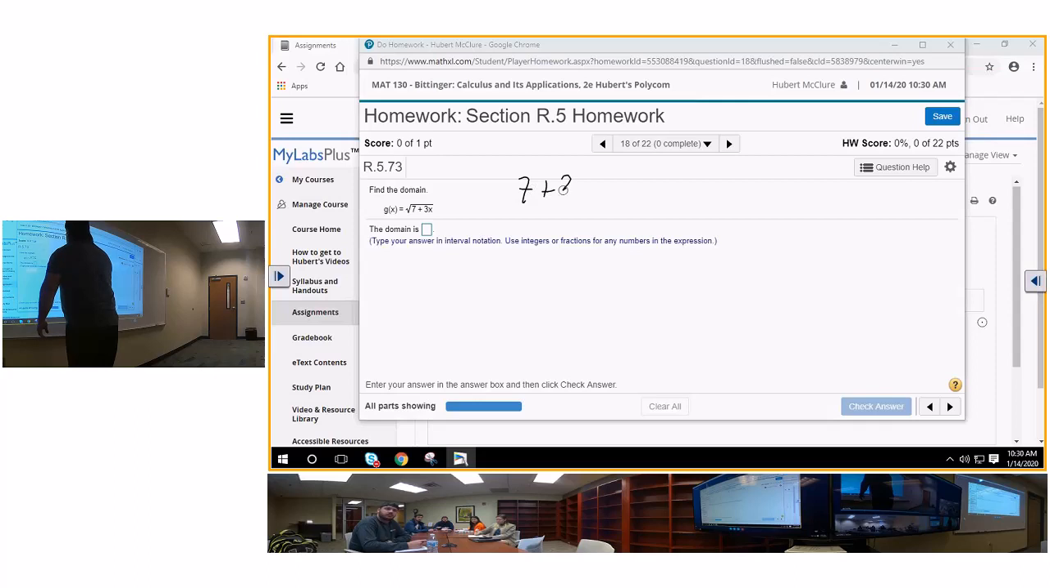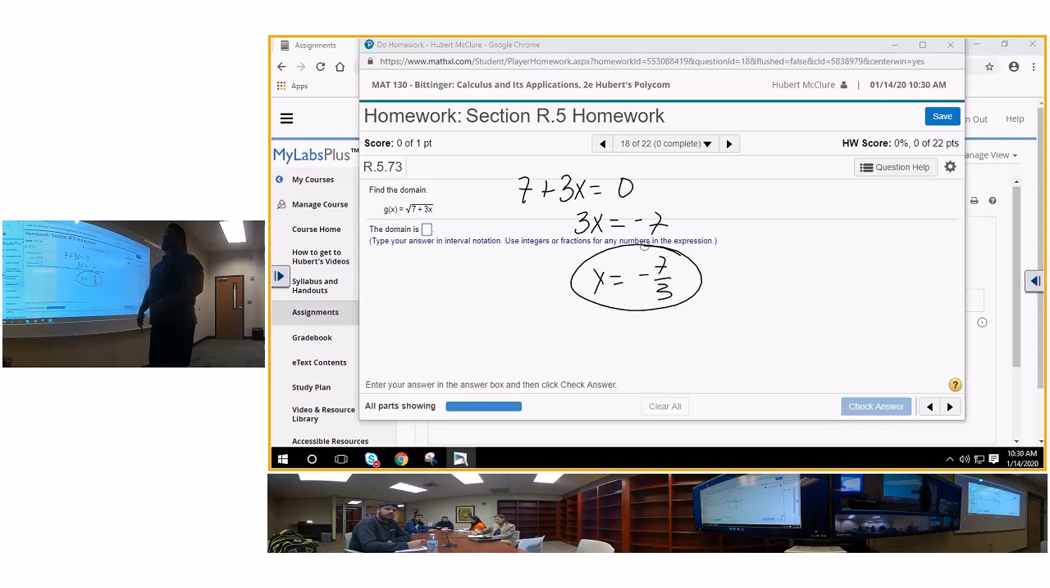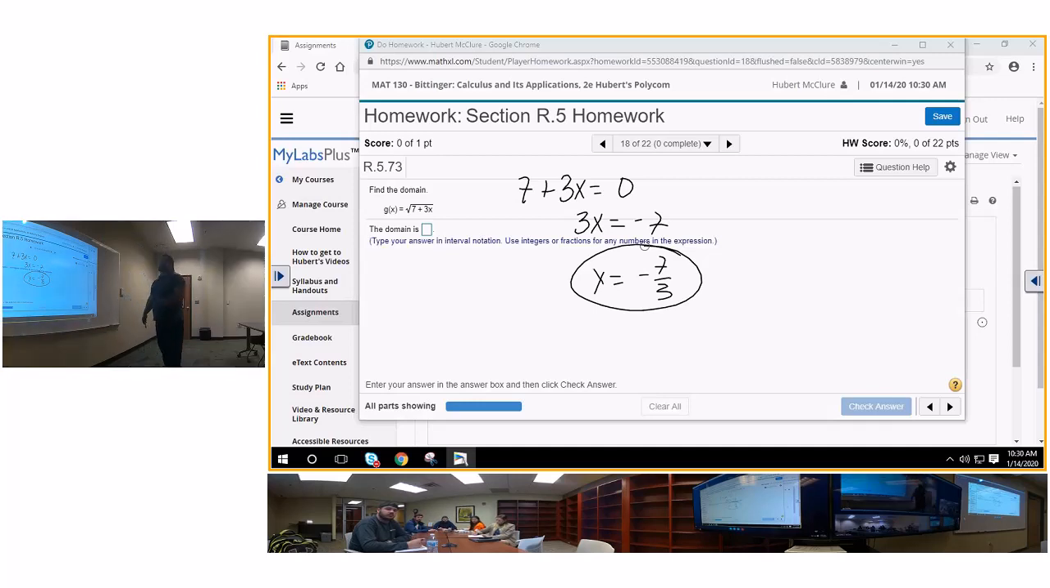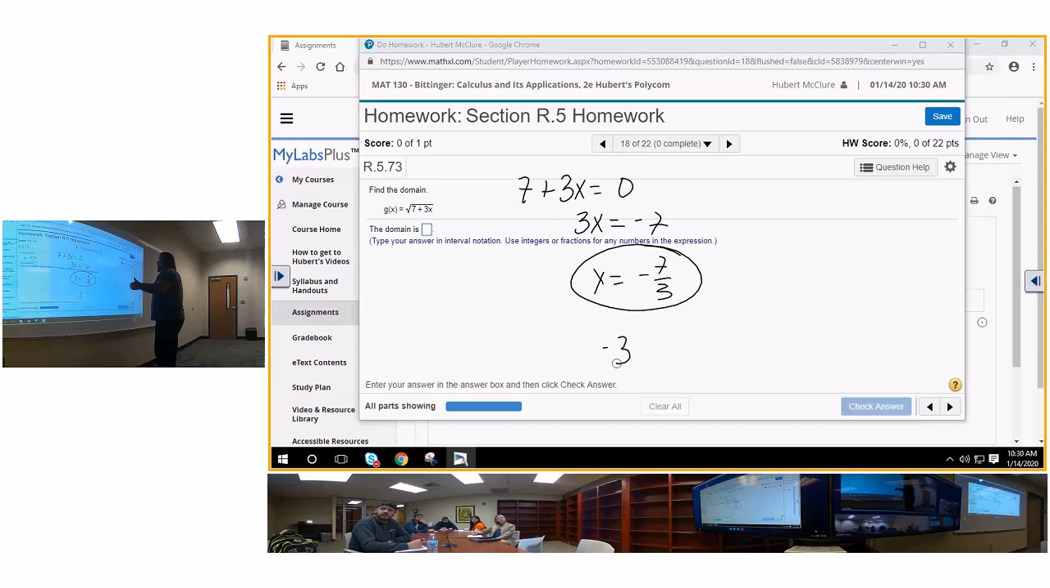So here we go. 7 plus 3x is equal to 0. 3x is equal to -7. x is equal to -7/3. Now, plug in -7/3. What do you get? You get 0. What if you go above that and below it? So what is 7/3? 2 1/3? Yeah. So let's go -3, and what's above -2 and 1/3? -1 or 0? Okay, so let's just draw a little number line here